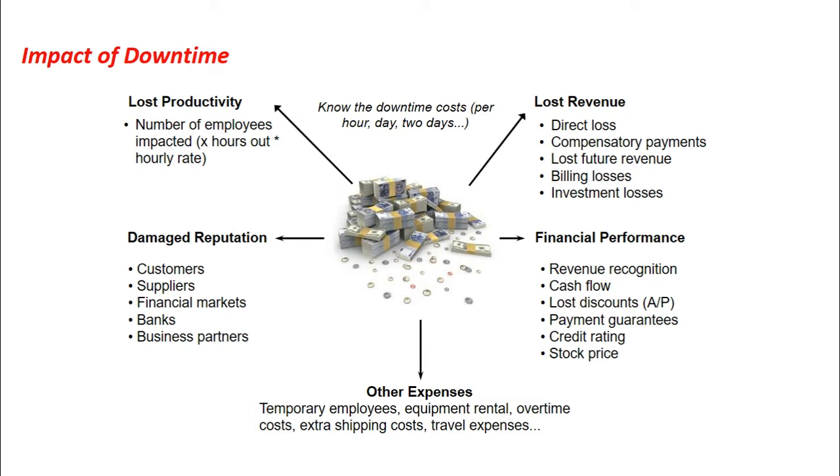So loss of productivity includes reduced output per labor, equipment, and capital. The company is investing some amount of money to pay its employees. If the information is not available, employees cannot work, so it causes a lack of productivity. It includes reduced output per labor, and the equipment that we have procured may be useless if the information is not available, as well as the capital.